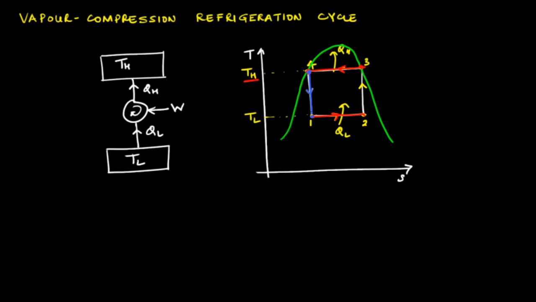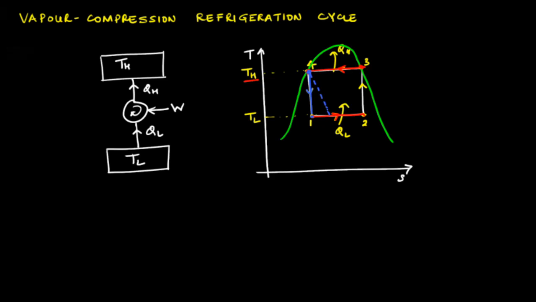Therefore, it is not worth the cost of including equipment such as a turbine to execute process 4 to 1. In practice, the turbine required for executing process 4 to 1 is replaced with a throttling device such as a valve or a capillary. And in this throttling device, the working substance is throttled from high pressure, that is at state 4, to